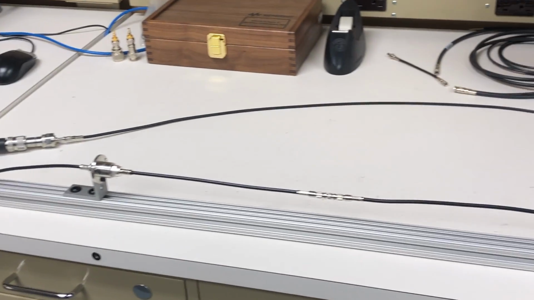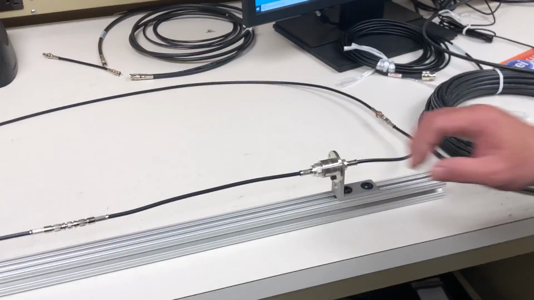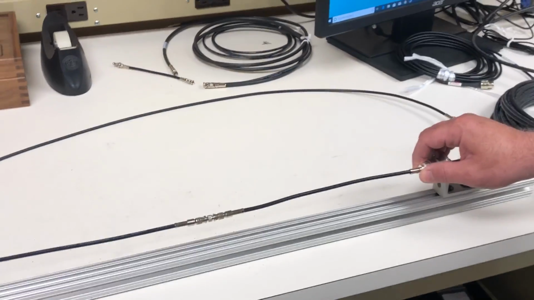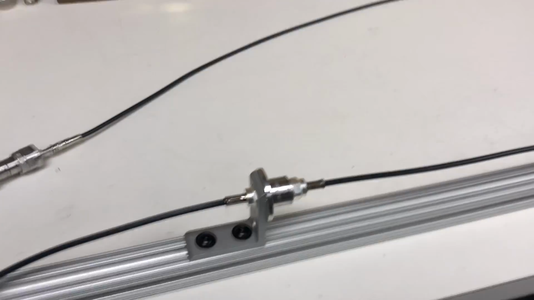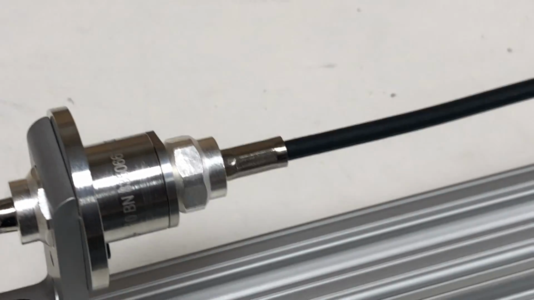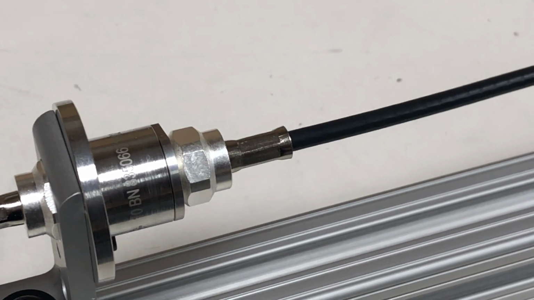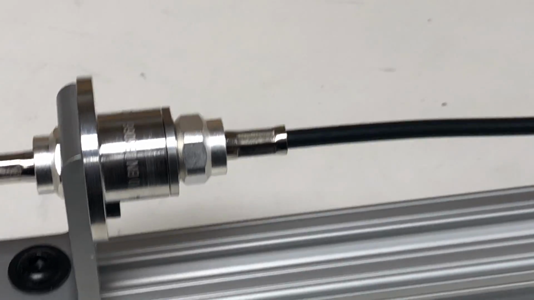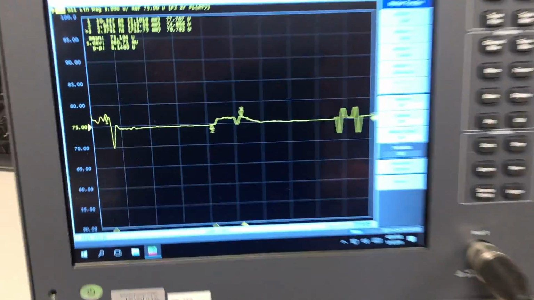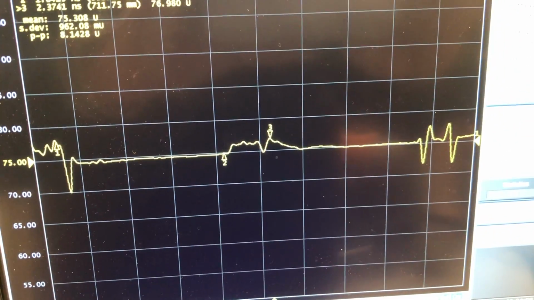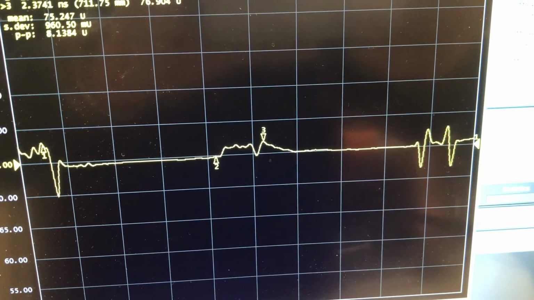And then what I'll do is I can rotate the union. And if you want to zoom in on here, you can see the union's rotating. You can see I can go a full 360 degrees. And I'm going to continue to keep rotating it, and I'll go back and point to the TDR. Now the sweep is a little bit slower than I'm rotating it, so I'm rotating it kind of extra slow,